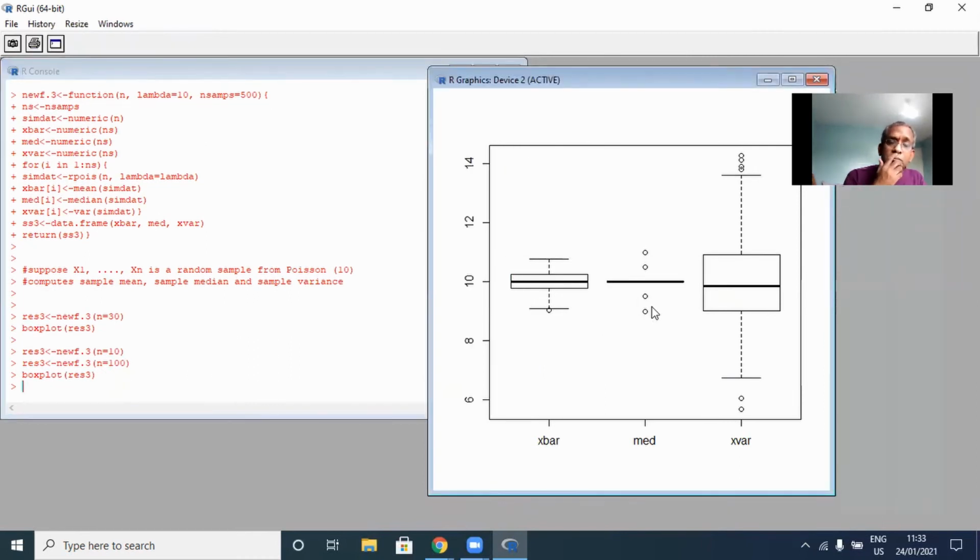Here you have this. Here, once again, the sample variance has a large box. The sample mean has this one. The sample median is kind of weird. The reason it looks kind of weird is because